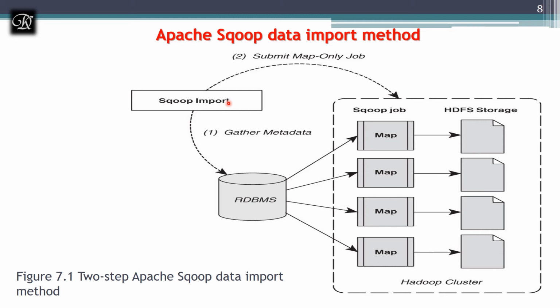When we are importing, there are two stages we are going to perform. In the first stage, we are going to gather the metadata. What is metadata? The metadata is nothing but a description of the data. What data I am having, that description is given in the metadata. Because I should know what data I'm going to retrieve from the RDBMS, right? I should know all the content it is having, the clear description, so that I can accommodate it on my HDFS. For that, I should know the detailed description, which is nothing but the metadata.